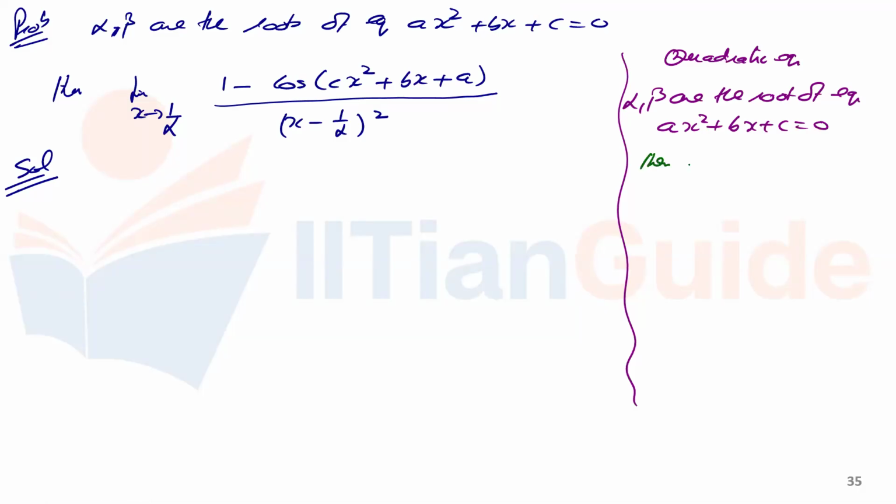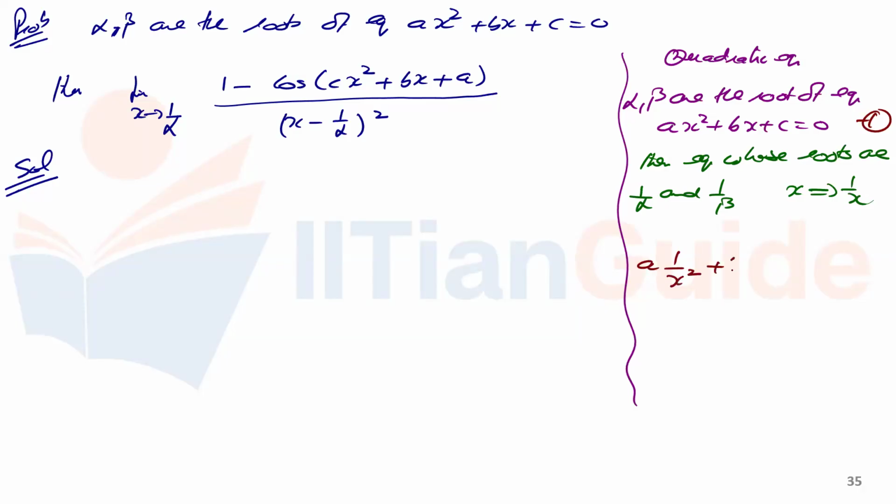Then equation whose roots are 1/α and 1/β. एक इक्वेशन निकालनी जिसके रूट्स 1/α 1/β होंगे। देन व्हाट वी डू, रिप्लेस x विद 1/x, x की जगह 1/x रख दीजिए, ठीक है। If we replace x with 1/x in question number 1, so I will get a into 1/x square plus b into 1/x plus c to be 0, और सिंप्लीफाई कर देंगे एलसीएम लेके, then I am getting cx square plus bx plus a to be 0. Am I right? जल्दी बोलिए। यस सर।